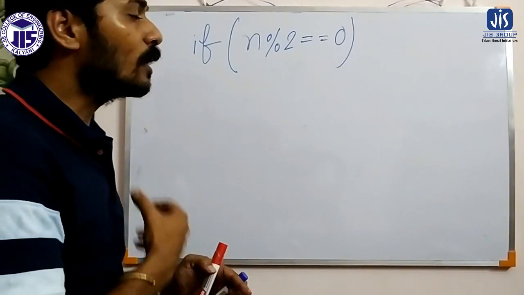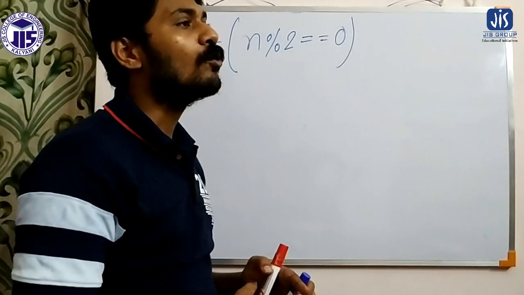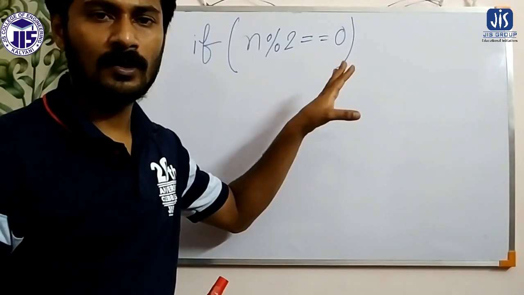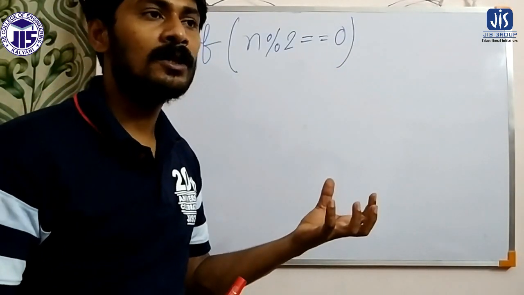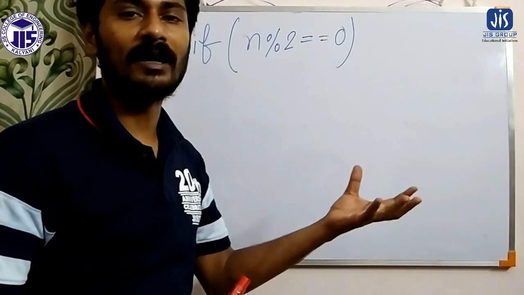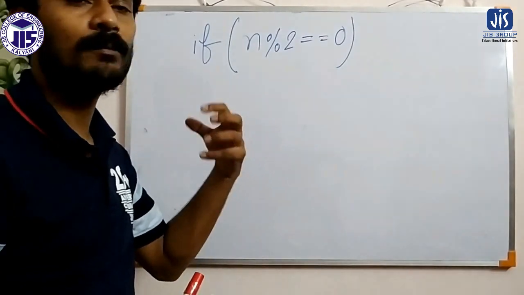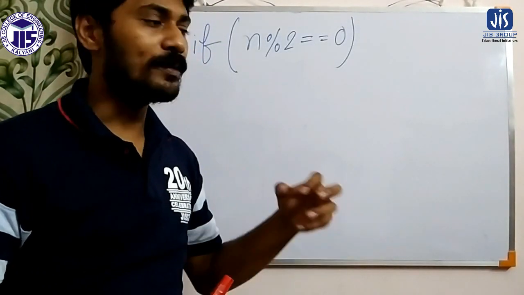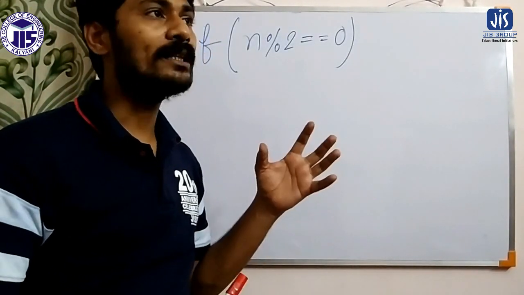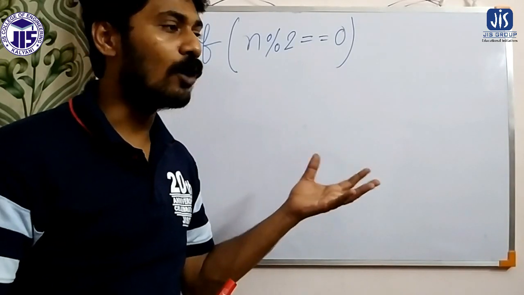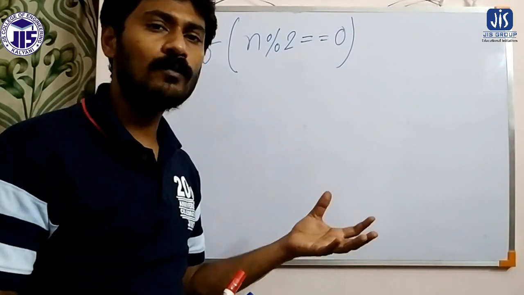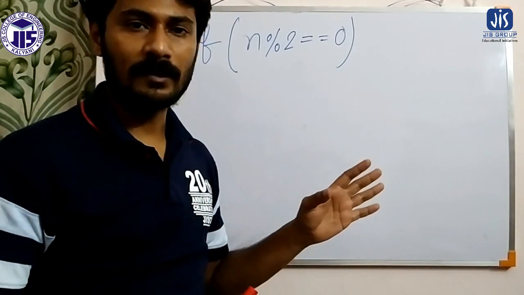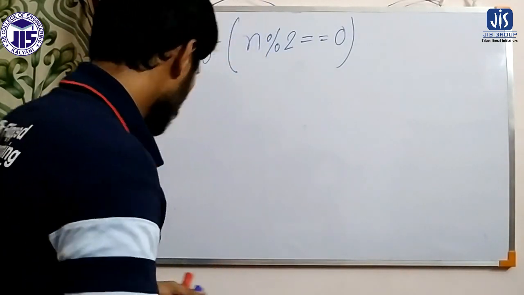Now we are going to discuss another process where we are not going to apply any condition, but we will branch depending on the value of a variable. That value may be a numerical value, or a character value, but no condition will be there. That means what I am going to say is,